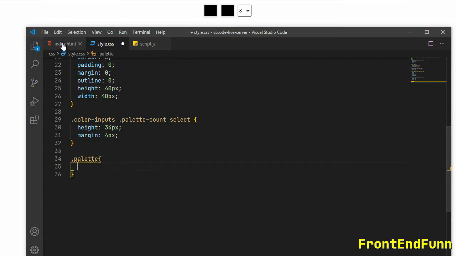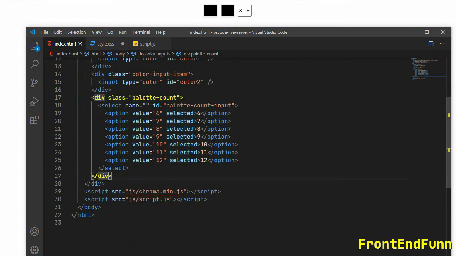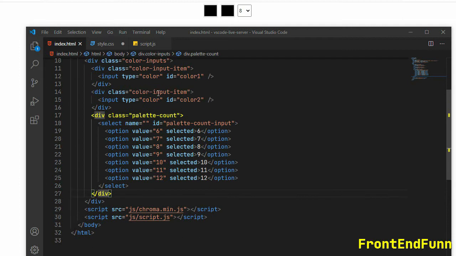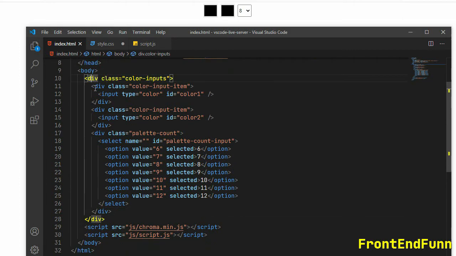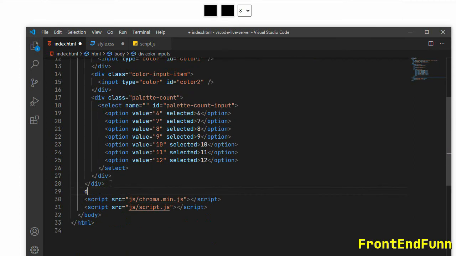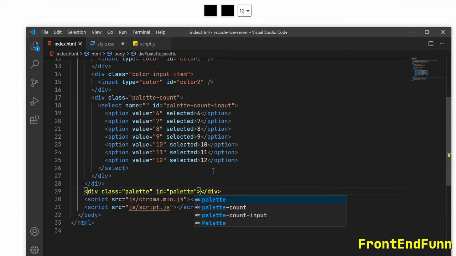And we'll be having a div which holds our palettes here. Okay, so outside the color inputs, I'm just writing a div which holds the palette. I'm giving it an ID of palette.